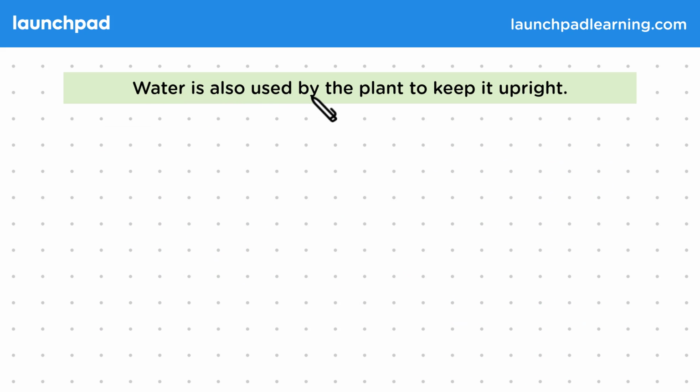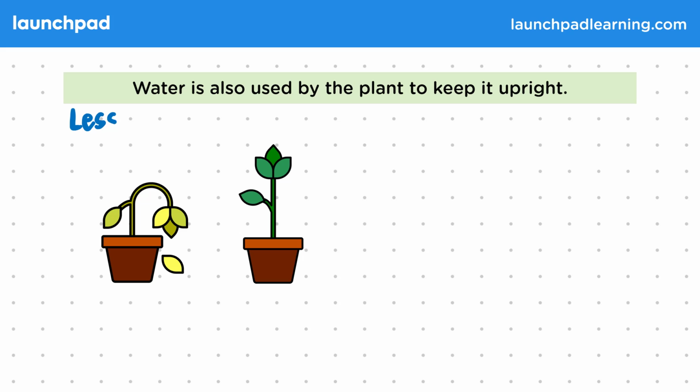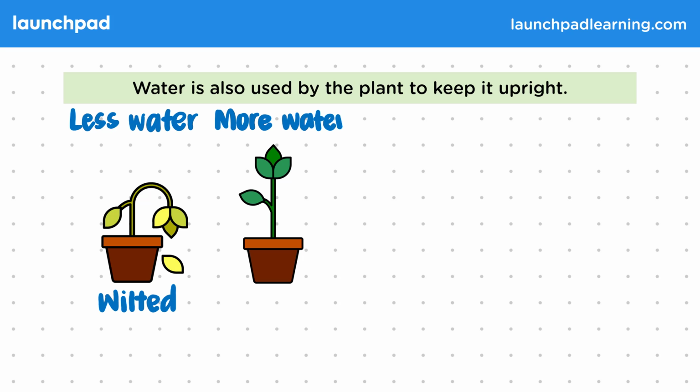Water is also used by the plant to keep it upright. You don't need to know this information for your exams, but it might help you to remember how the guard cells function to open and close the stomata, which you do need to remember. So we know that plants without enough water will be wilted, rather than standing tall and supported like the plant